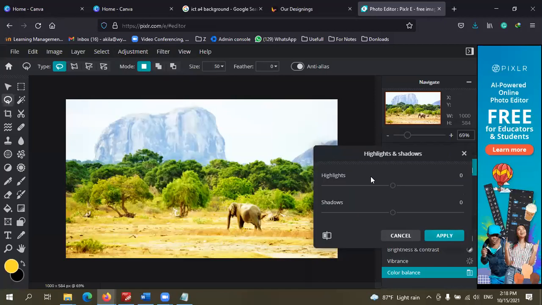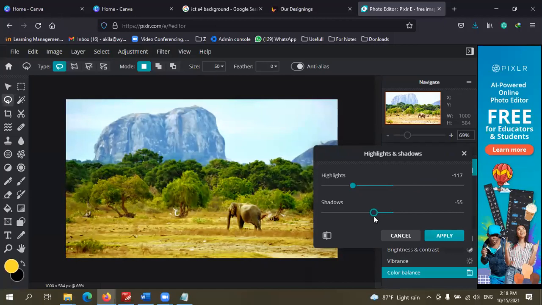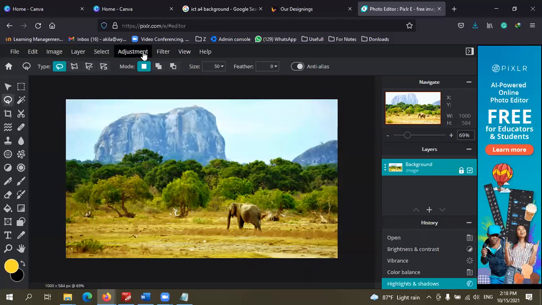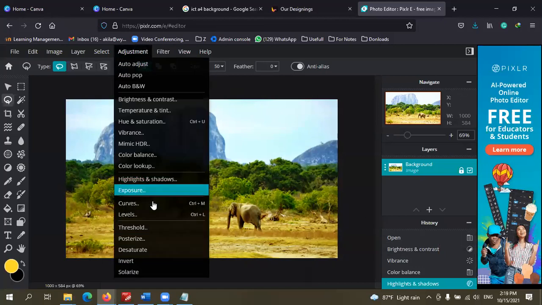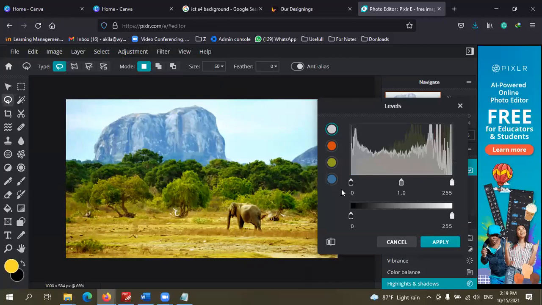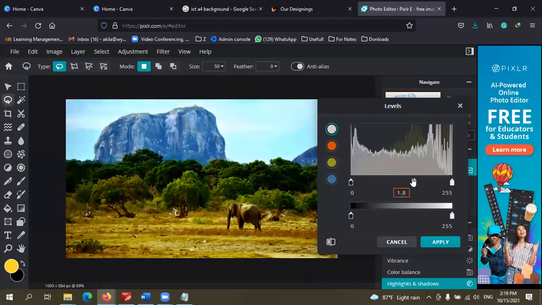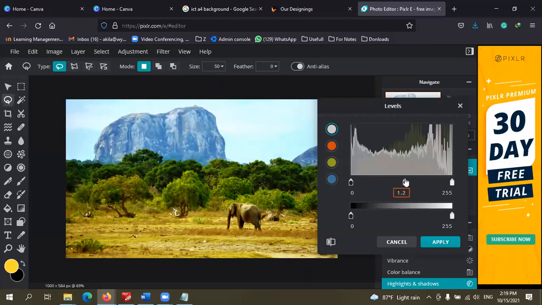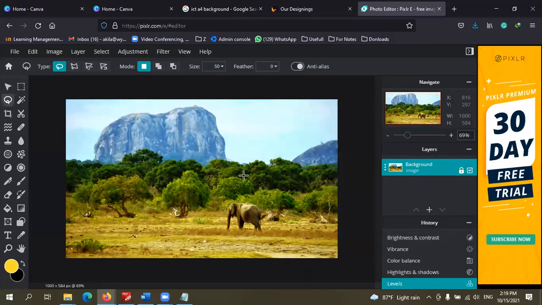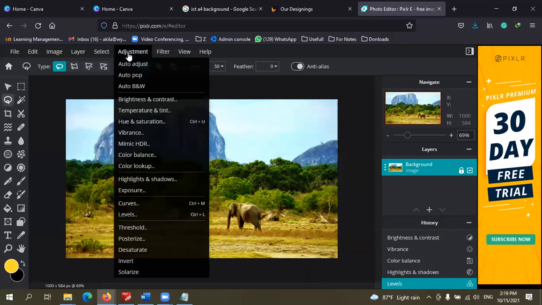Highlights and shadows is also an important tool. Levels. So you can just go to each tool.